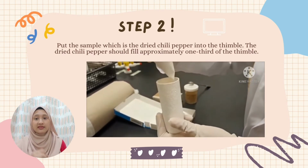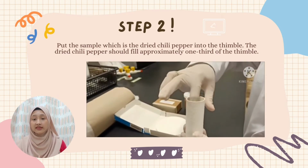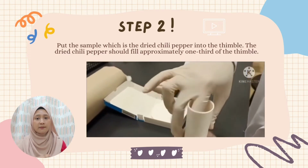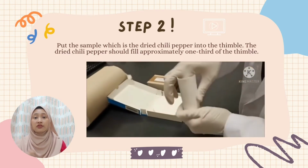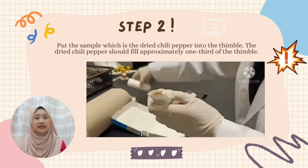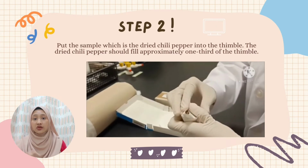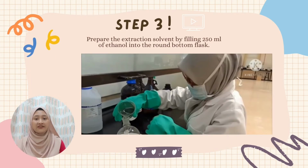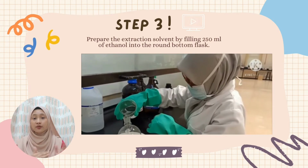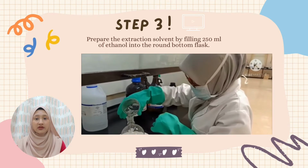The thimble is made of cellulose, which is the same material used to make filter paper. So, this is simply a piece of filter paper molded to fit the well in the SOXHLET extractor. The thimble also ensures that the rapid motion of the solvent does not transport any solid material to the steel pot. After that, step 3 is prepare the extraction solvent by filling the 250 ml of ethanol into the round